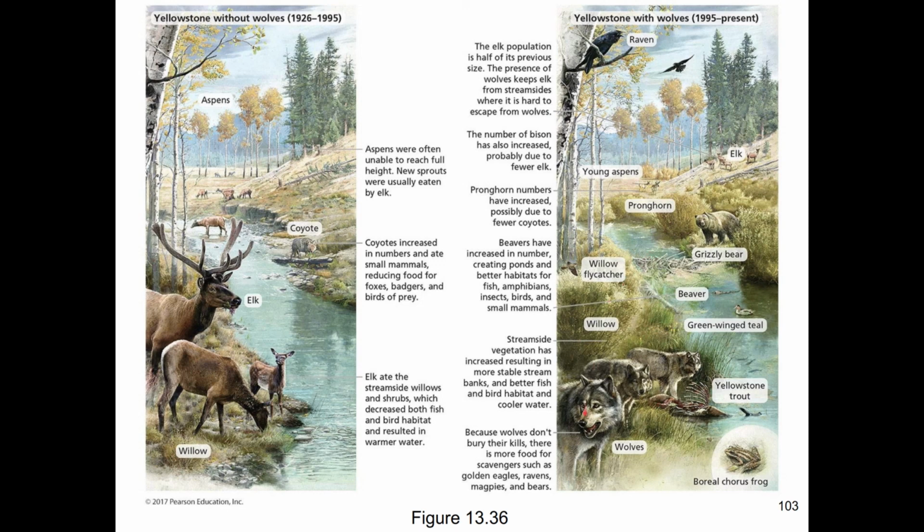So because they brought in this top-level carnivore, the wolves, the coyotes were bounced out of the top-level carnivore, and the primary consumers, the elk, became fewer, pronghorns increased, and the bison also increased. So you can see how a change at the top level then affected the primary consumers of pronghorn and bison and elk. Trophic cascades.